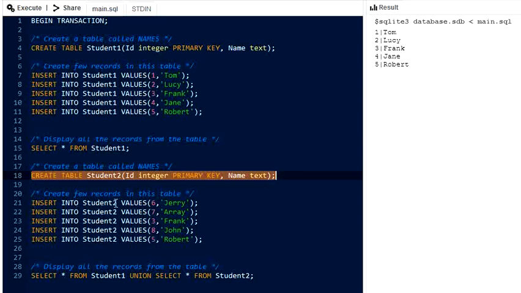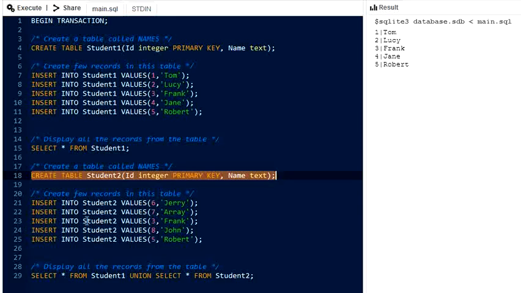Insert into student 2 values 6, Jerry, means id 6 belongs to the student Jerry. Then we insert into student 2 values 7, and the name of that student is Array.